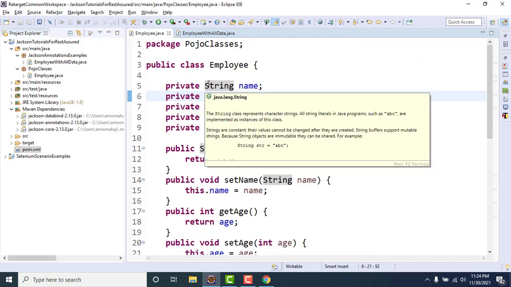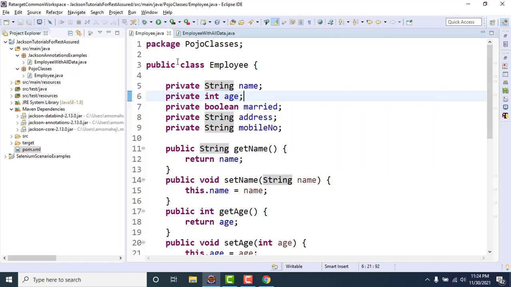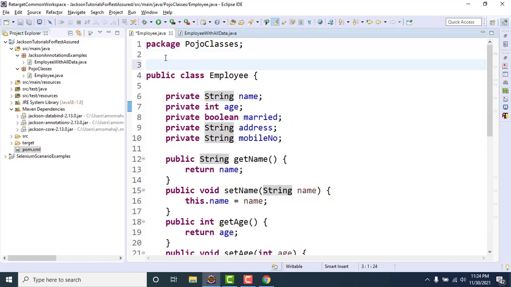What I want to achieve is to exclude those values which have a default value. That means if you are not setting any value for a field, don't include it in the JSON. Simple thing. So for that, Jackson provides different annotations, and that's why you see Jackson annotation here, right? This is a transitive dependency. Okay, so we have one